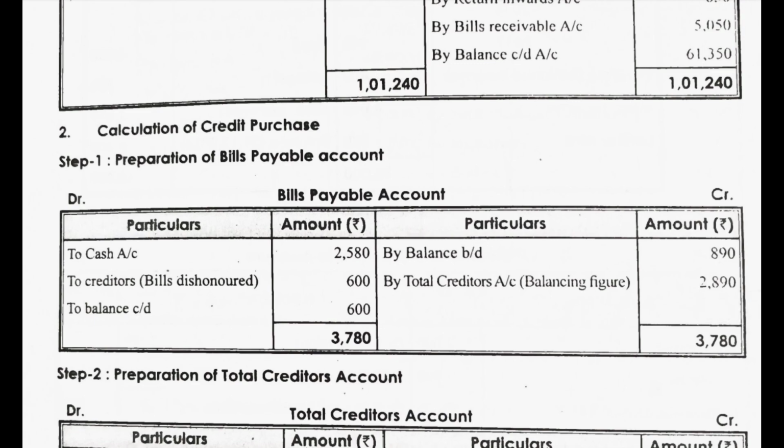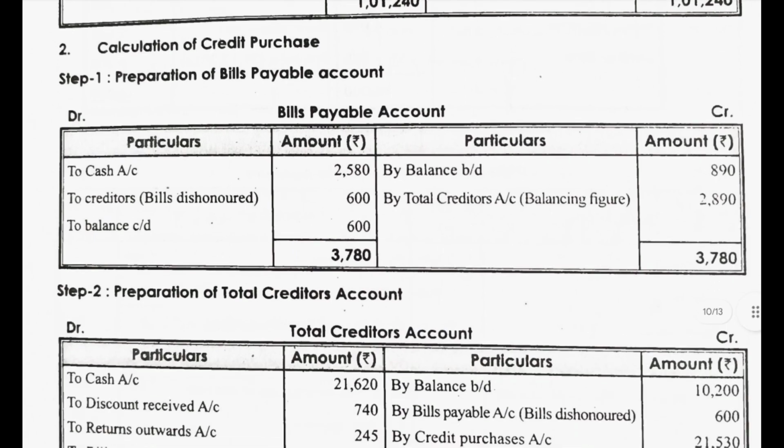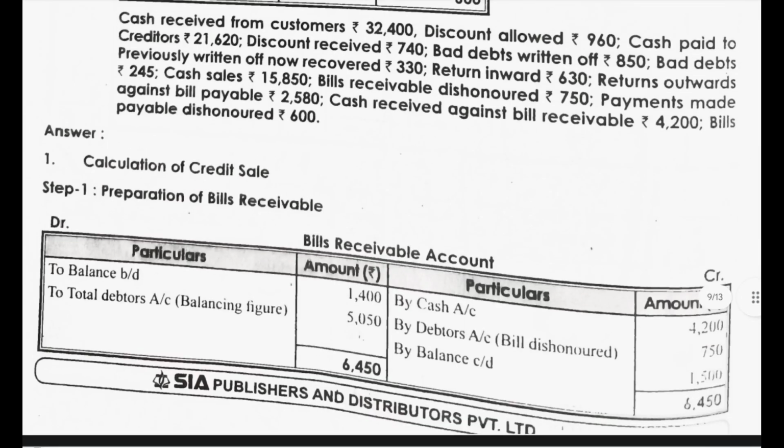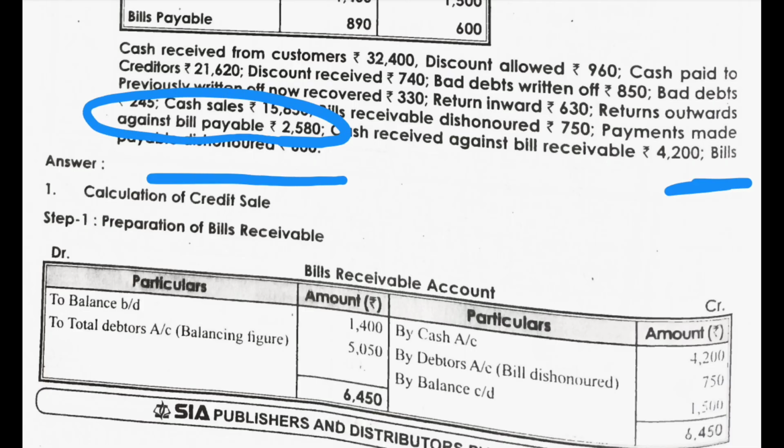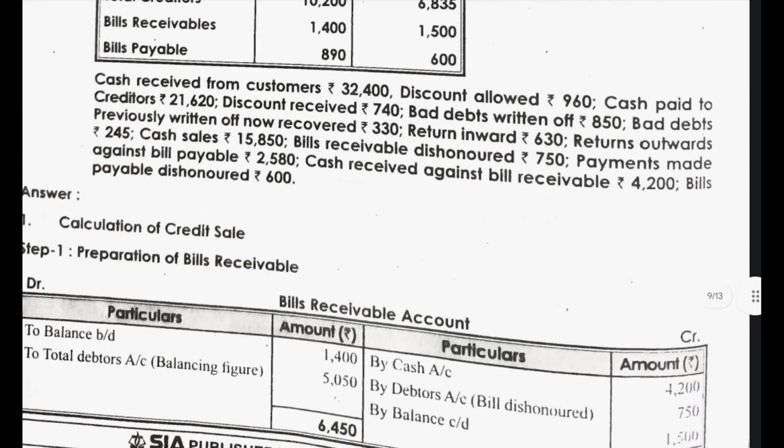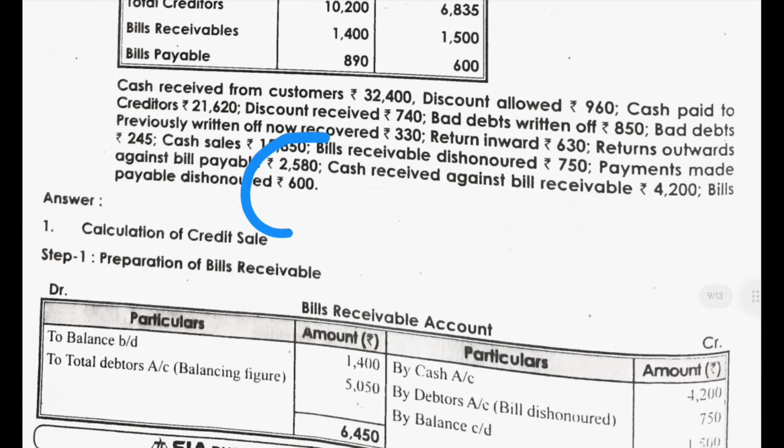To bills payable account, bills payable account we are preparing, so discount receipt, bad debts return outward, cash sale, bills receivable dishonored, payment made against bills payable, this amount, payment made against bills payable, and bills payable dishonored, these two amounts we have to take into the bills payable account,